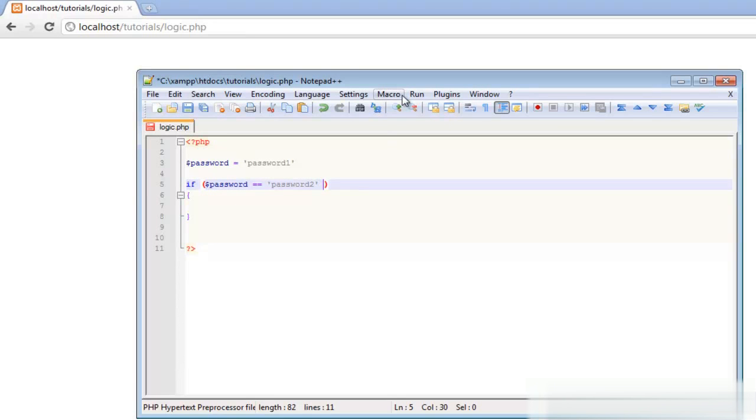But we can also say we'll have another password we'll accept using or. Just like the and, you type out the word or, password is equal to password 1. So what this is saying is, okay, the user has entered password 1, and it says if the password is equal to password 2, then it will execute the statement. But if that's false, we can go to or password is equal to password 1, which it is, so it will execute the statement. So let's echo welcome to the website. We'll save that,